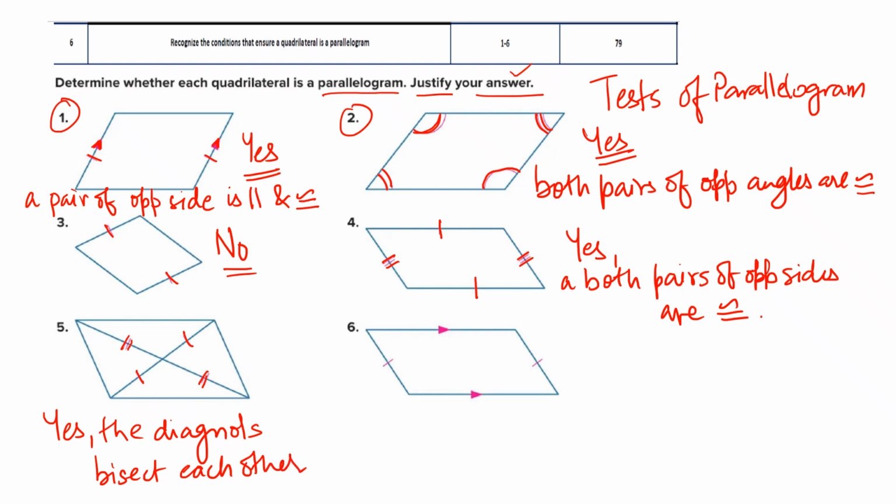Let's do the last one. Here you are given that this side is parallel to this and the other one is equal to the other one. But if you see, for a given pair of opposite sides, the condition that it is both equal and parallel is not satisfied. So here the test fails. For question 6, the answer is no. None of the theorems regarding the conditions for parallelogram is passed. So therefore, it will not be a parallelogram because none of the tests apply to this one. So therefore, no, it is